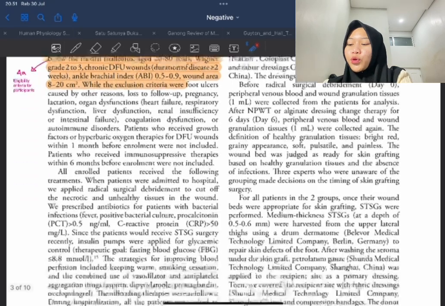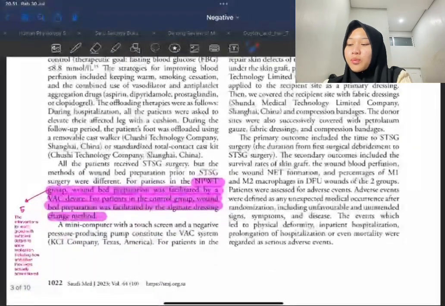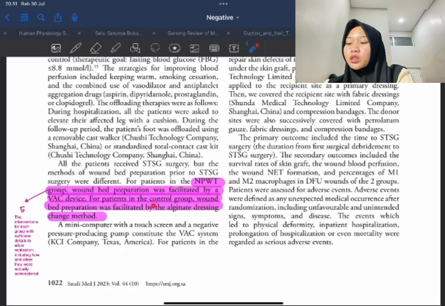NPVT group wound bed preparation was facilitated by a VAC device. For patients in the control group, wound bed preparation was facilitated by the alginate dressing change method. This is 5, the intervention for each group with sufficient details to allow replication, including how and when they were actually administered.